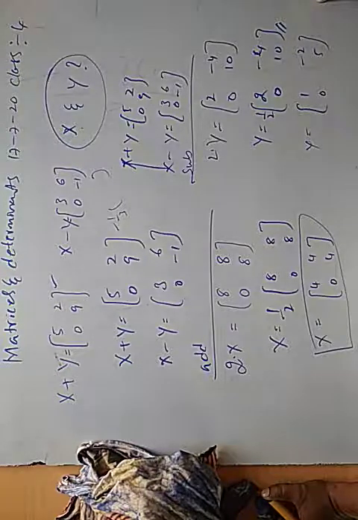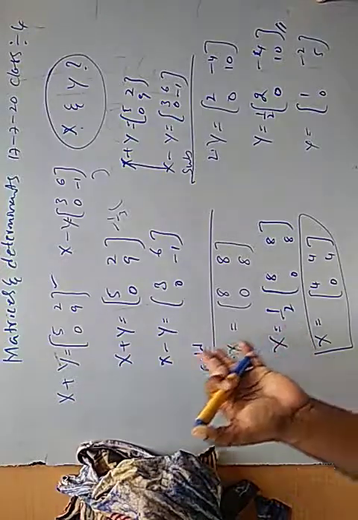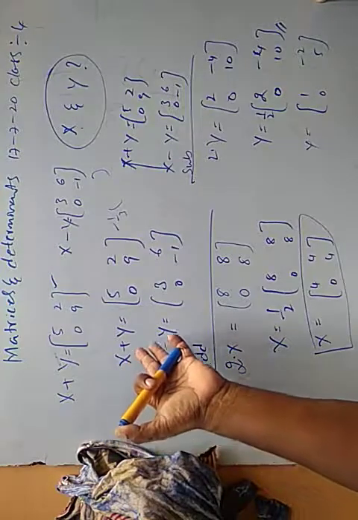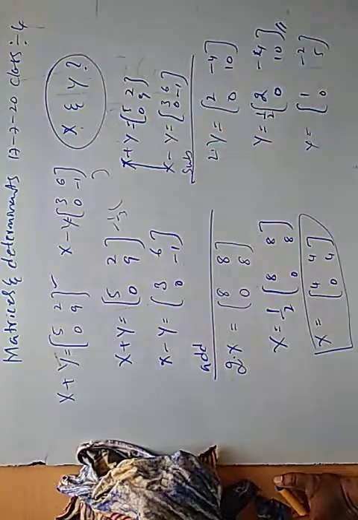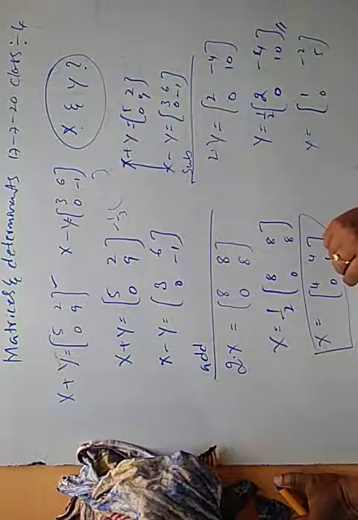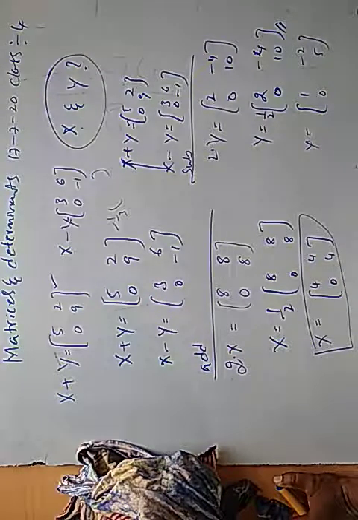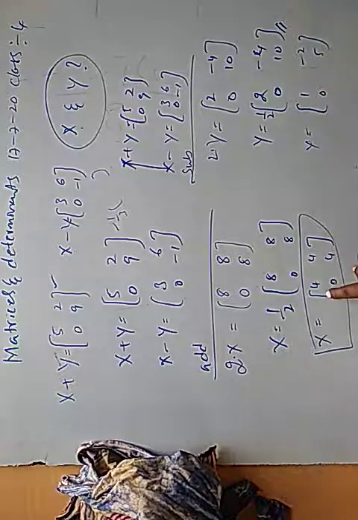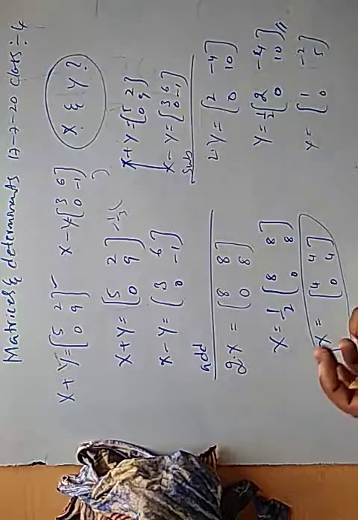What is the mistake? Once again I will repeat. Through the running of the problem, somewhere you have by mistake converted capital X and capital Y to small x and small y. They are asking to find capital X and capital Y, not small x and small y. At each and every step we have to check whether I am writing capital X or capital Y, small x or small y. This is capital X, this is capital Y. Both are matrices. They are asking to find the matrices capital X and capital Y.